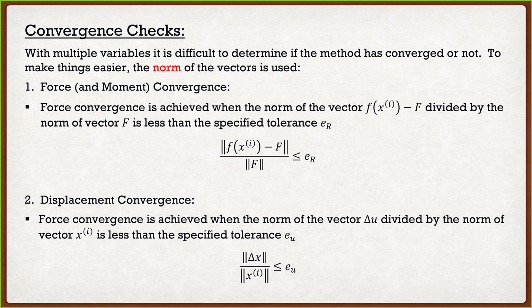Now what happens, and the reason why we need both, is sometimes, again, we will start converging upon a value, but it'll be completely wrong. So what happens is this displacement convergence will converge, and ABAQUS will go, oh, things are great. But then when it checks the relationship between that value we converged upon to our desired value, there could be a huge difference. So this is why we have to make sure that both of these are actually maintained. What typically happens is if this displacement convergence is converged upon the wrong answer, then we modify that initial guess and kind of play with it from there. And this will be something, again, you guys will see on your assignment.